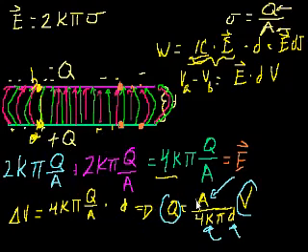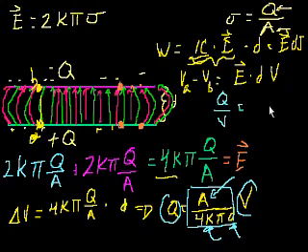And actually, this term right here has a name, and it is called capacitance. And so another way of rewriting this, if we divide both sides by voltage, we get Q over V is equal to 1 over 4 k pi times area over distance. And so what it essentially says is that the amount of energy, well, actually I don't want to go into that yet, but